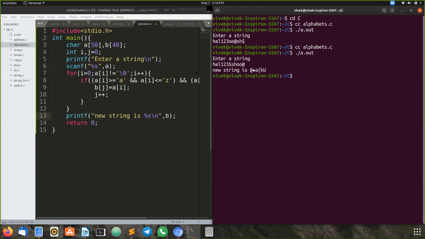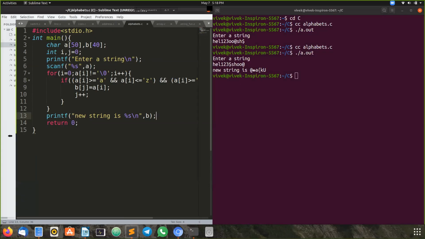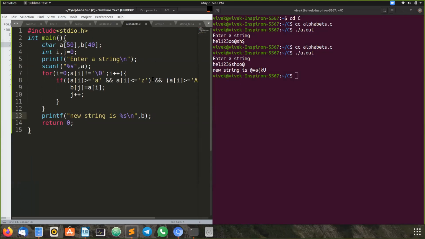See what happened here. We have put logical and here. So instead of getting alphabets, we have got the other than alphabets. Why did we get like that?